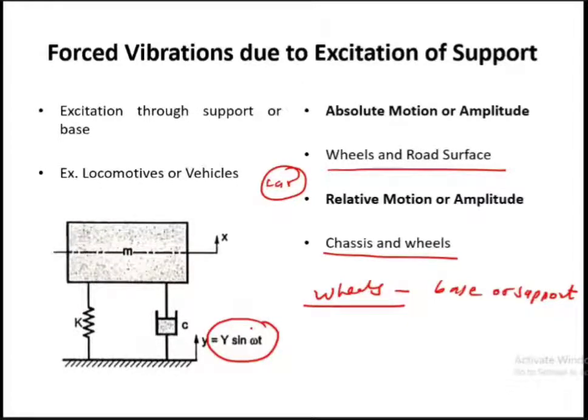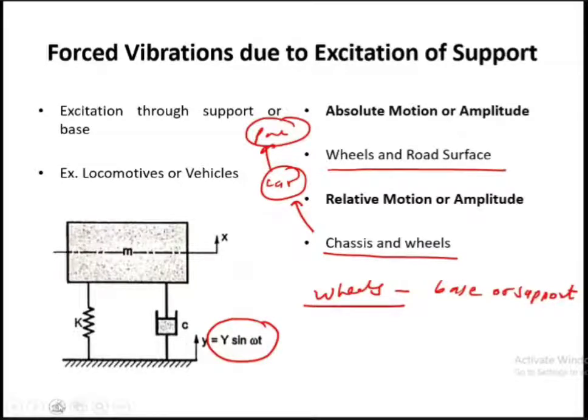From the wheels, it will go to the chassis, and from the chassis, it will go to the automobile body, that is a car, and from the car, it will go to the passengers. Okay. So now, how will you avoid this? By using a suspension system. So the suspension system damps this forced vibration from being passed to the automobile body or the car from the wheels and the chassis, right?